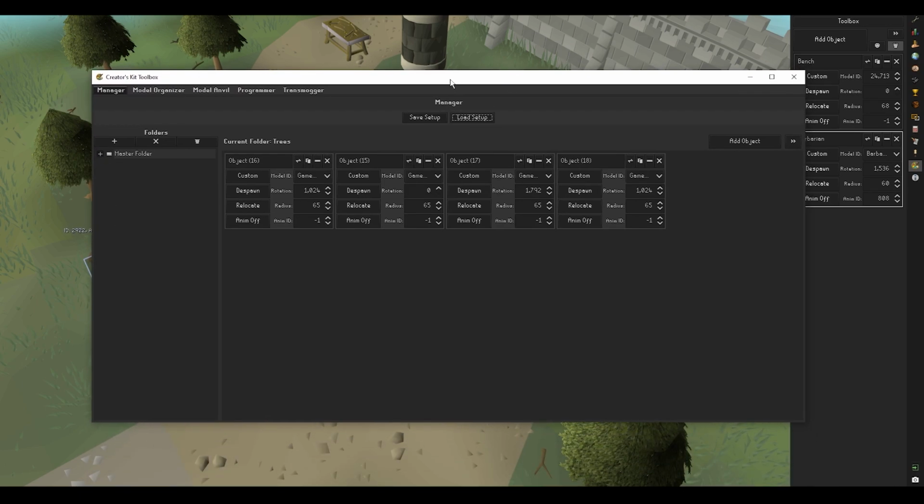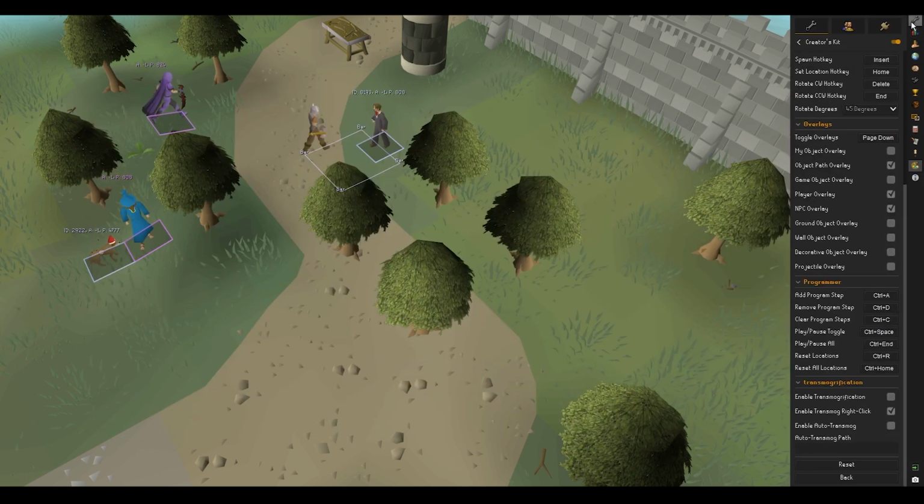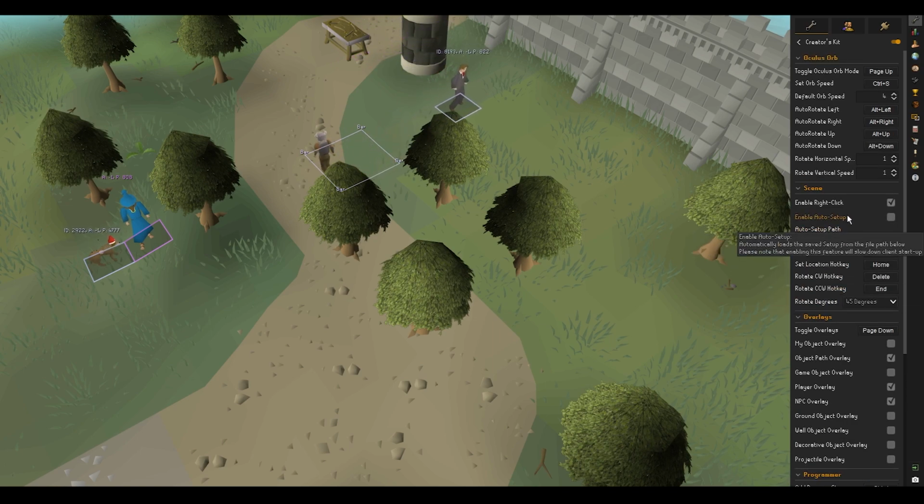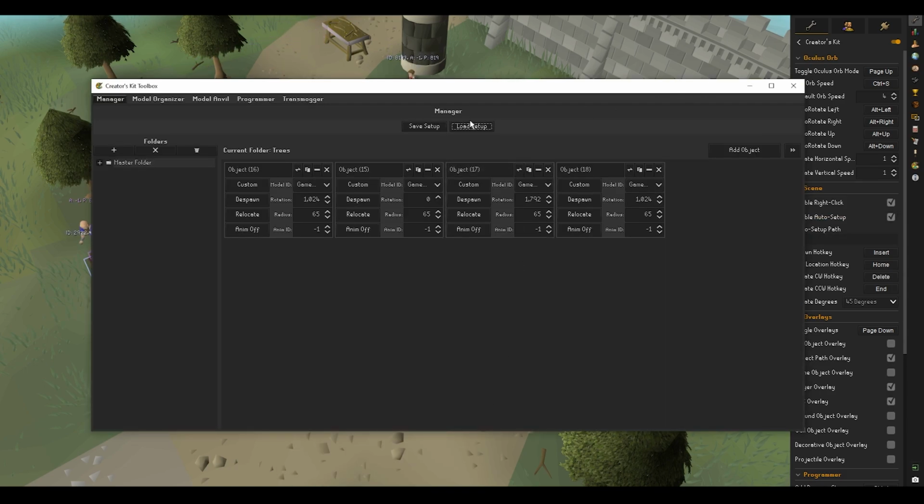So very convenient, especially once you've finished with a project and you want to close out your client. You want to, I don't know, go do something else with your life. Very handy feature to very quickly bring things back. There's another handy feature called the Auto-Setup. Let's see. Auto-Setup. So what we can do here, if we enable Auto-Setup, we can find the path to the